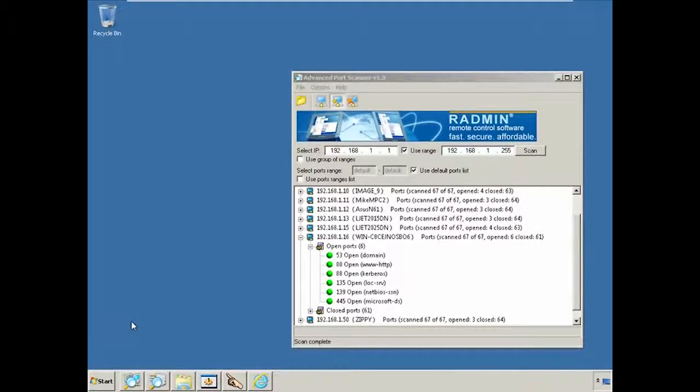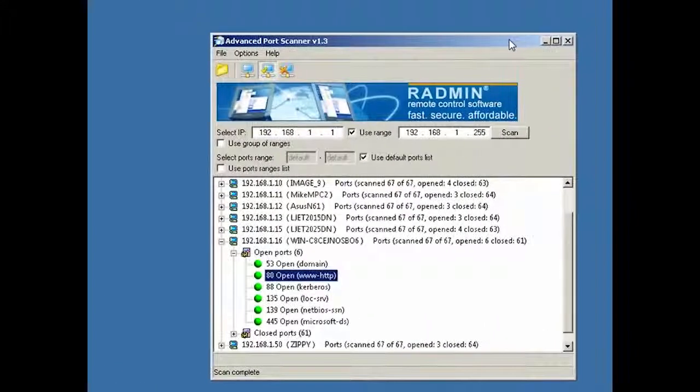So remember that we've actually done the network footprinting and scanning and enumeration processes already. So we've got a pretty good idea of what's going on the network. Typically I use a paper notebook and I screen cam a lot of it and take a lot of screenshots. In this particular case, I'm going to show you this window that I showed you in a different video, the advanced port scanner. And as you recall from that video, we found a bunch of different systems on the network out there, including this one, 1.16, which wound up being a domain controller, a Windows Server 2008 domain controller, as well as a web server and a couple of other things. Had a few different interesting items on it.